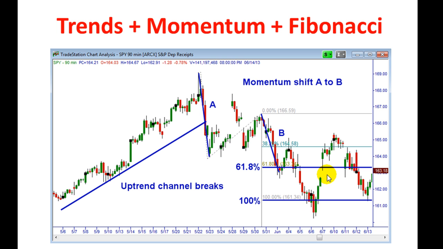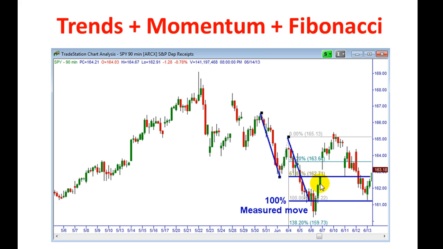ends up reversing. There's another way that you can measure that extension as well that can often give you a little bit of a more accurate price point. But instead of just using that first drop and then the extension or continuation move and looking for the 100% there, when you have a breakout of a trading channel and it forms a two-wave move for the continuation, you can look at that first drop and then look at the extension from that level to give you additional